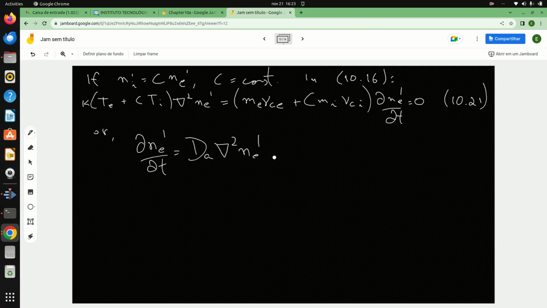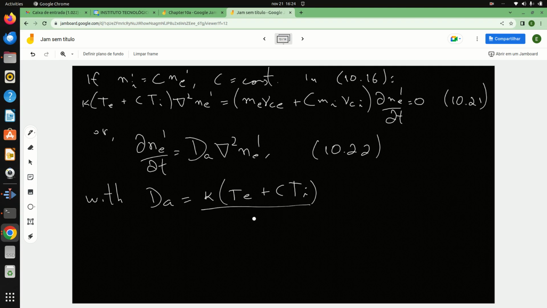It's a diffusion equation with Da equal to k(Te + cTi) over (me nu ce + cmi nu ci). That's the new ambipolar diffusion coefficient, and we have